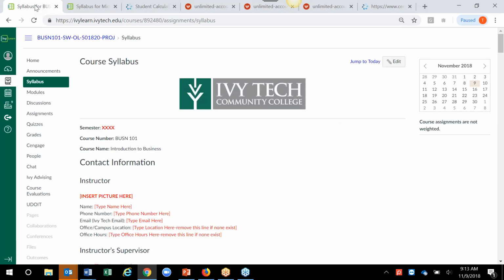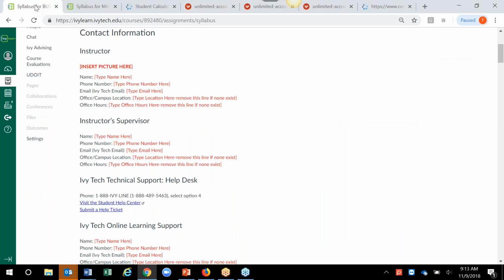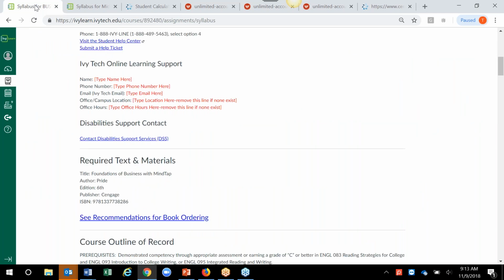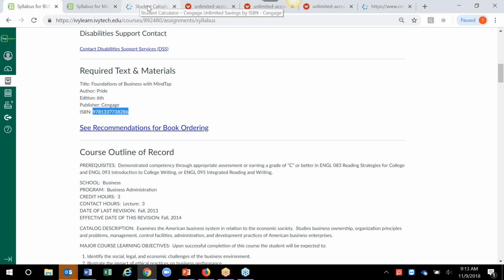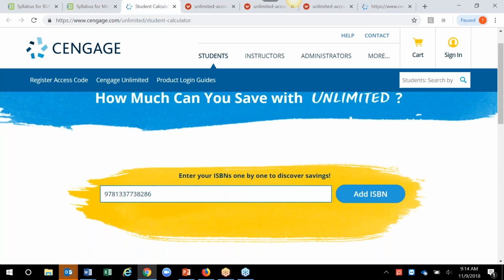If you're loading your syllabus within Ivy Learn, students typically find, under your required text and materials, the access code for their Cengage materials. So let's say I take this ISBN, and I'm going to go ahead and just plug that ISBN into this savings calculator. So when I click on that ISBN,